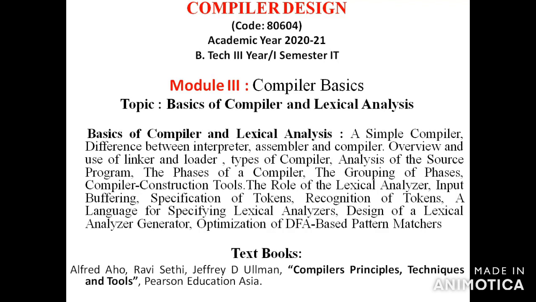The group of phases means both the front end and back end together. Phases mean you have to check the entire source program. Pass means you have to check the execution of the given source program. Then the input buffering scheme. What is the role of the lexical analyzer? Its role is to generate tokens. For input buffering, we have one buffer and two buffers. With one buffer, we can't find tokens when there is a large number of characters. So the one buffer scheme has some disadvantages, and only then you move on to the two buffer scheme.